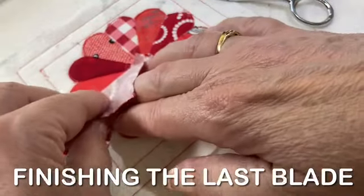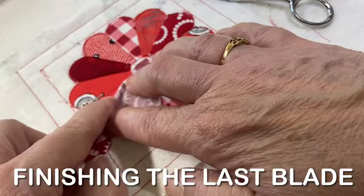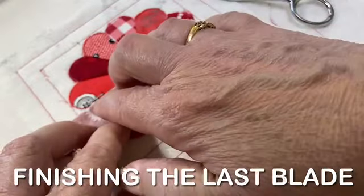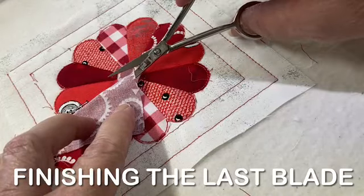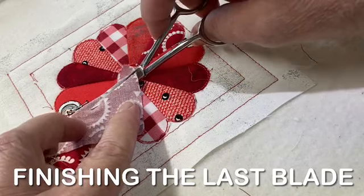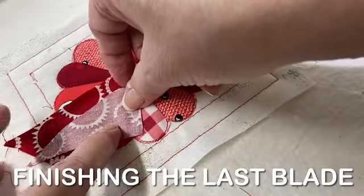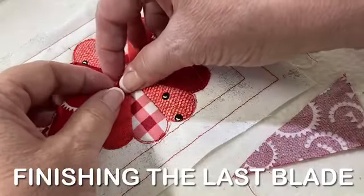And then I'm going to turn this back. And hopefully you can see right there the stitching from the first blade we did. I'm going to align the fold of the fabric pretty much at that stitching line, and then I'm going to take my little Hoop Scissors Mini and trim it off, leaving about a 1/4 inch seam. So I now have a shape like this, and then I can just tuck this under